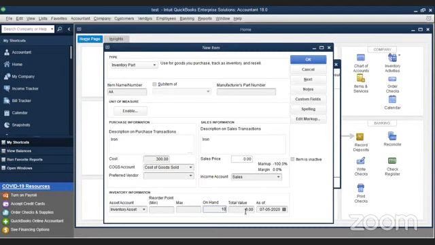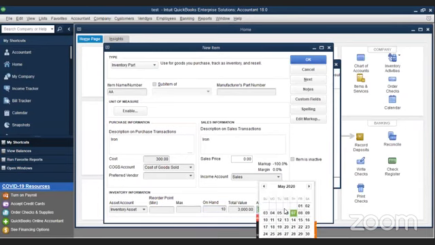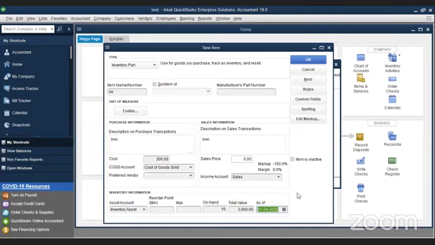We don't have to fix this total value. We are only going to change this as of date to 1st April 2020. Now, if you just click OK, it will simply get updated. If you have another item, you can always go to next. So I'm going to update another item just for you all to refresh again and see whether you are keeping track. So I'm going to say next.